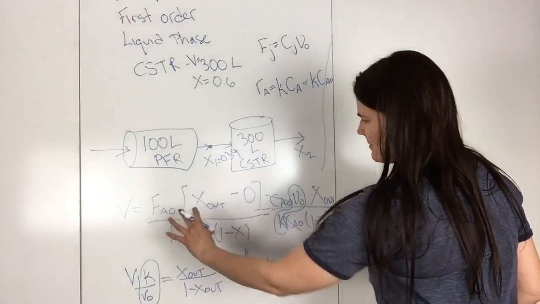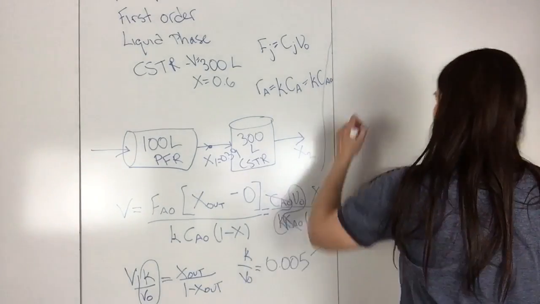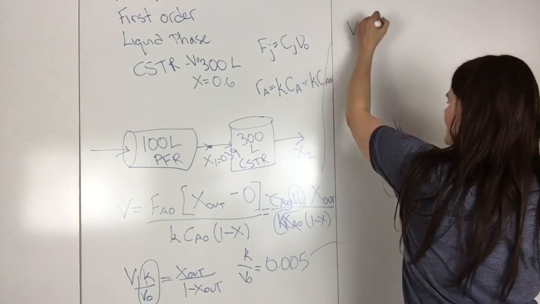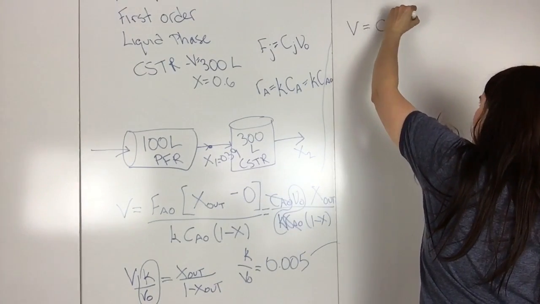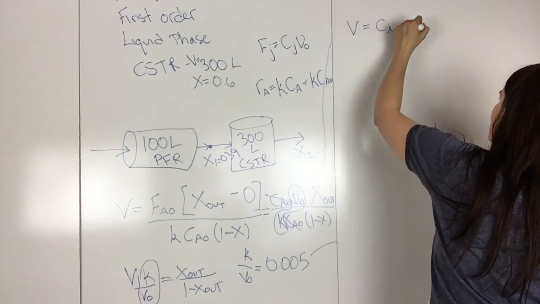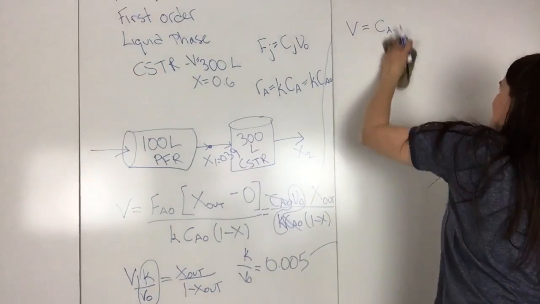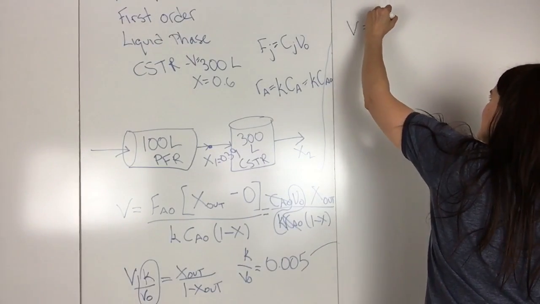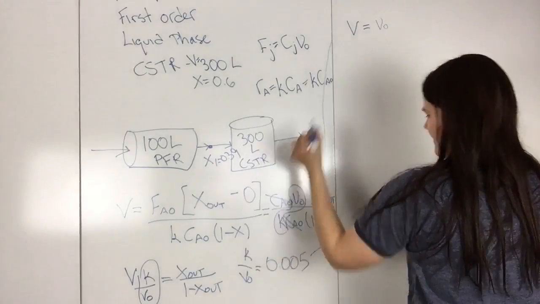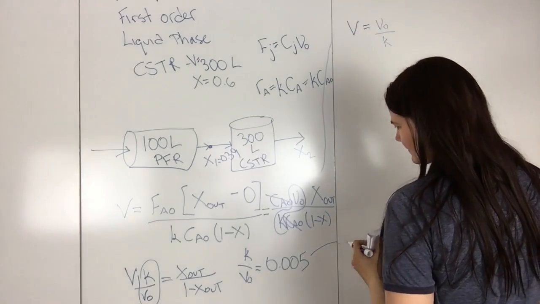I'm just going to copy this down rather than writing it from scratch. So the design equation for the CSTR is V CA naught V naught. Oh, actually the CA naught cancels out. So V naught over k, and then